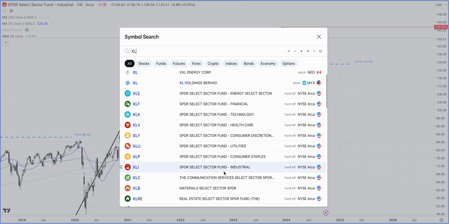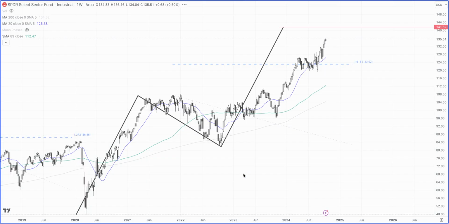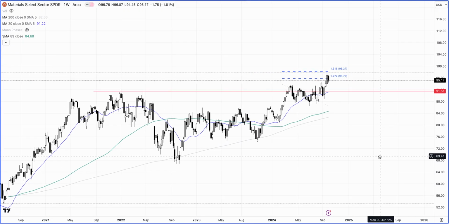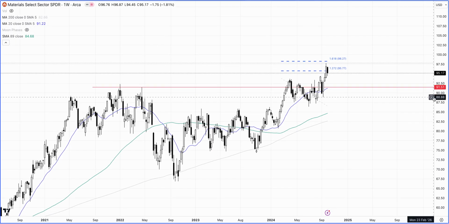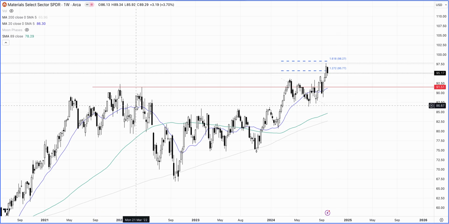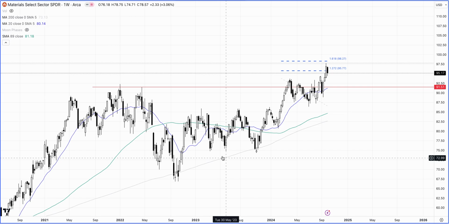Then let's take a look at the materials sector. There's some weakness that came in the materials sector, so let's just keep on watching if we get a follow through. It's an inside week which happened inside this big bullish bar. Sometimes when we see really strong moves like this one, like the week of 23rd of September, at times they are an exhaustion move as well, and then the market actually flips over. We have seen something like this here, and then the market just went trading range, and boom, that was the strong move to the downside, and the market just started to move lower. Here's another example here, and there was just no follow through.